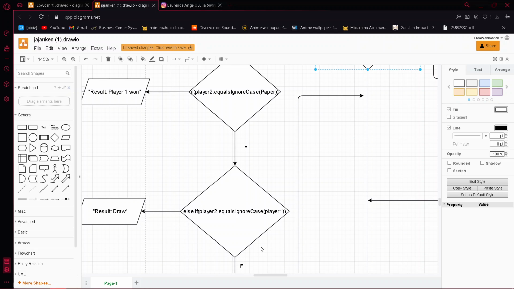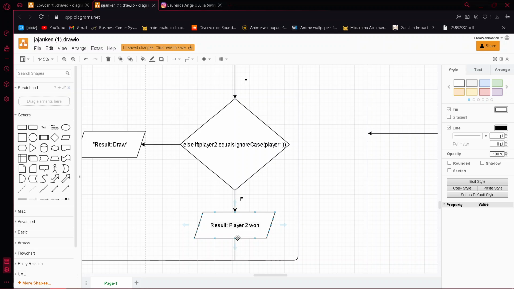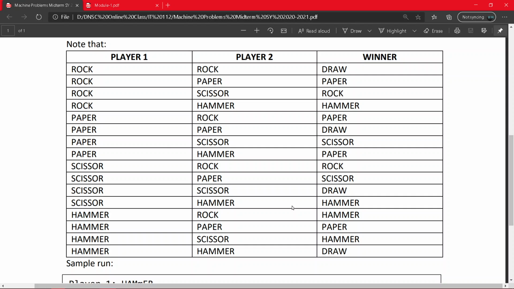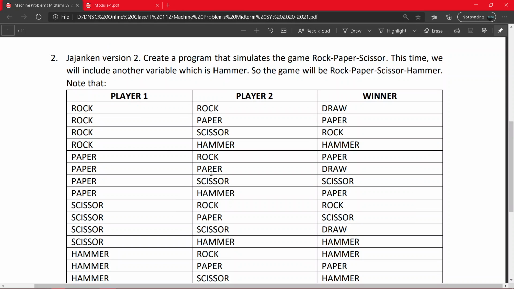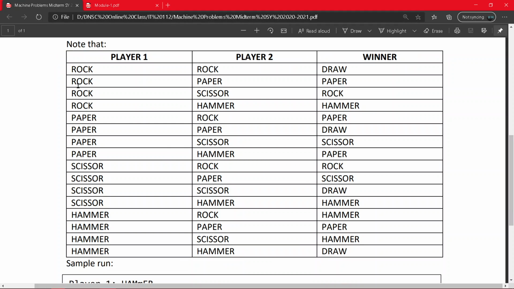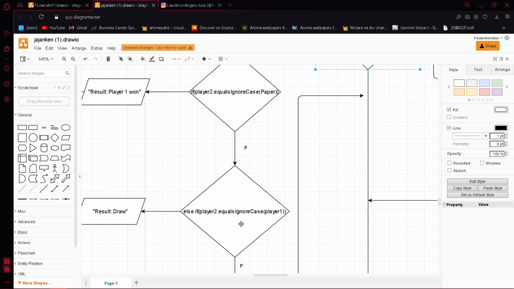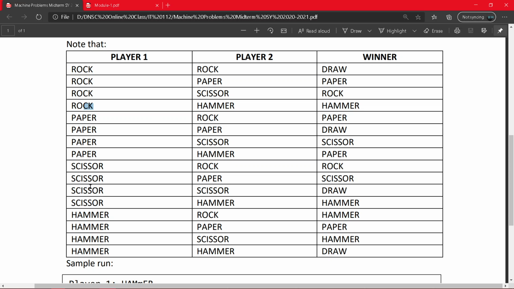As you can see, there is no rock and hammer, because rock and hammer, as also shown in the table in the question, when player 1 chooses scissor and player 2 chooses rock, it is obvious that rock would win against the scissor.